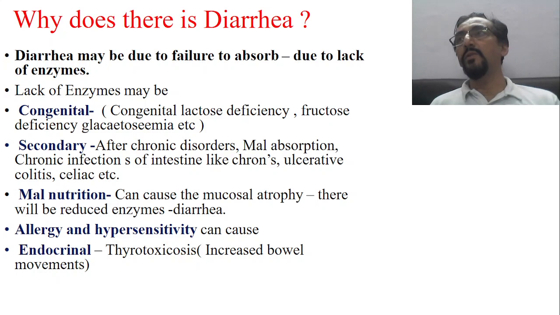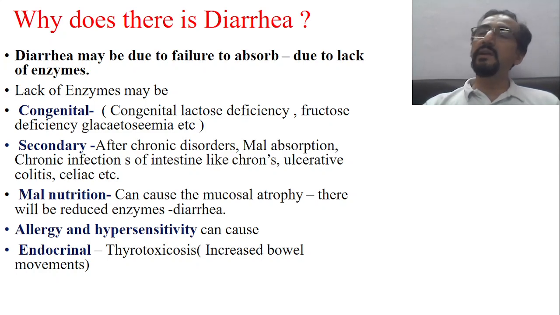Similarly, when you talk about secondary causes, where there is a lack of enzyme, many times after chronic disorders this may happen. In malabsorption it can occur, and in chronic infections, like Crohn's disease, ulcerative colitis, celiac disease, etc. If you take the example of celiac disease, it's a chronic problem. Secondary to celiac disease, there may be absence of the enzymes. Celiac disease causes damage to the intestinal mucosa, and once it is damaged, the superficial layer of the mucosa, which produces so many enzymes like lactase, sucrase, fructase, etc., may not produce them, and as a result there will be